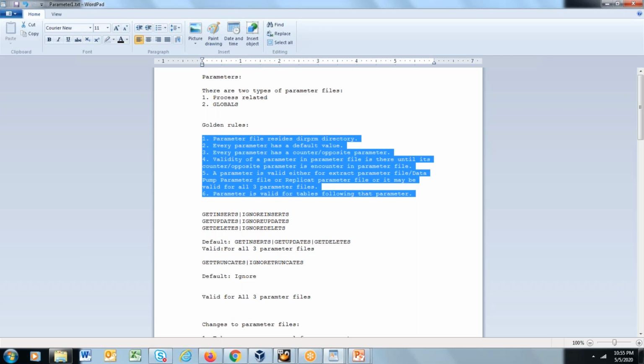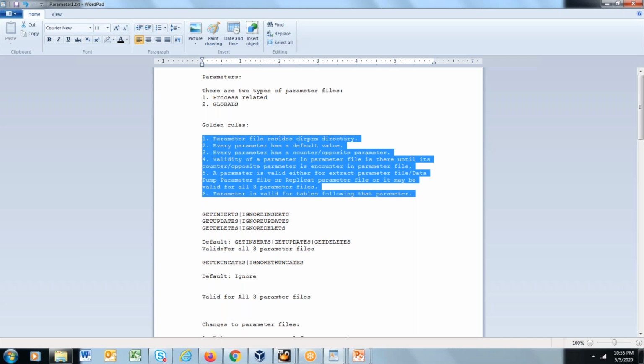Always ensure you're also using the parameter info param parameter name if you want to know anything about a new parameter which you encounter. You will be encountering a lot of parameters, those may be related to performance, those may be related to something else as well. You will be encountering a lot of new parameters based on customer requirements. See, each customer requirement is different. Depending on the customer requirement, you may be learning new things. You may be learning new parameters. How to implement them is really very important.